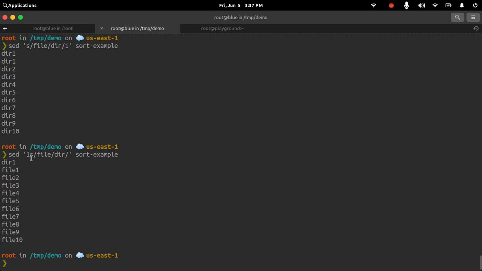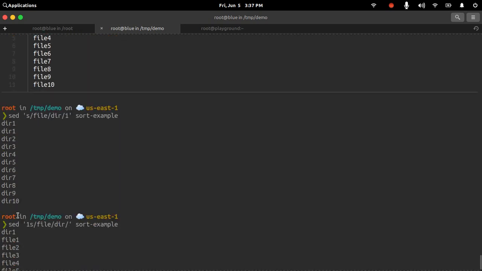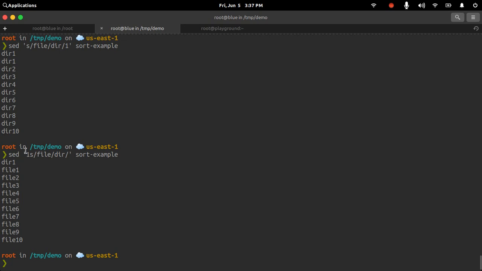so if I want to do for only one line of the file, basically what you would do is you would provide first 1s. It will search for the string, and it will only do it for the first match that is found. So the first match is file1, and it got replaced by dir, followed by the name of the file. So when you provide the name of the file, it will print the content directly in your standard out. It will not make any changes in the file.